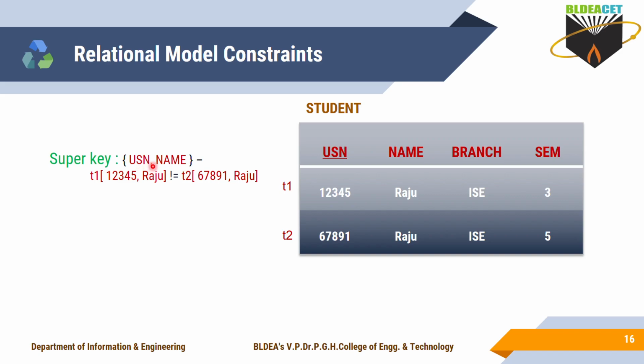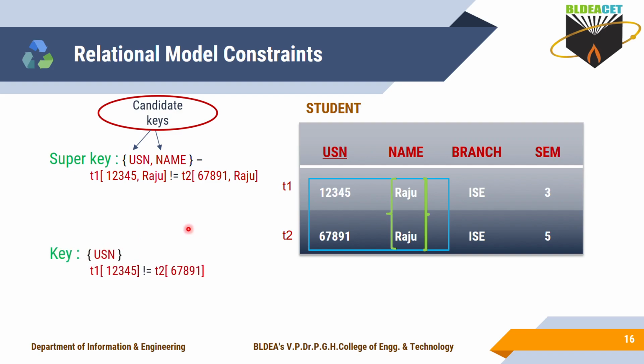Here I have taken the same example and continued with the same concept. As we know, USN and name I can take as a super key here. Yes, it holds the uniqueness property. Among these two, each individual key we can call a candidate key. So if a combination of attributes is taken as a super key, then each individual attribute you can call a candidate key. In the super key, USN is one candidate key and name is also another candidate key.